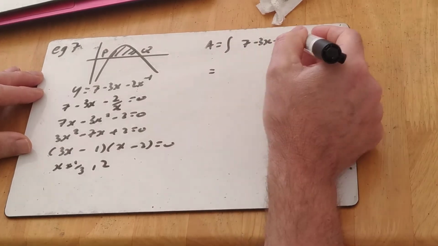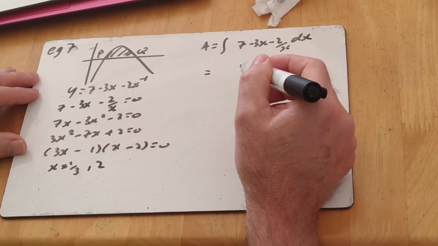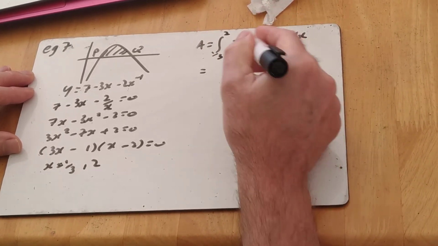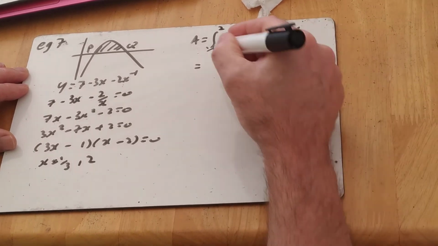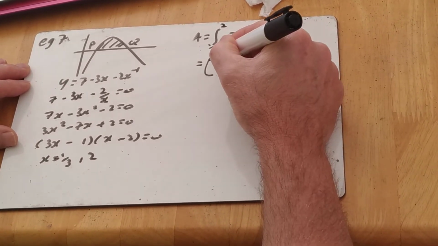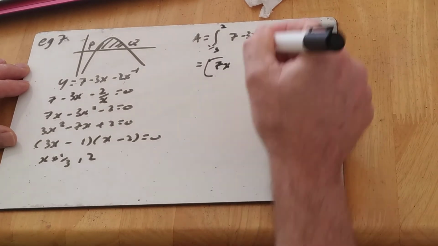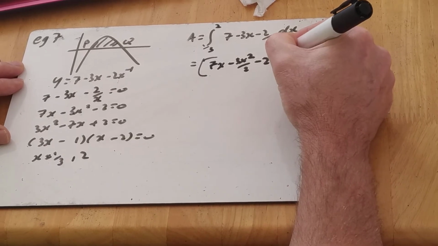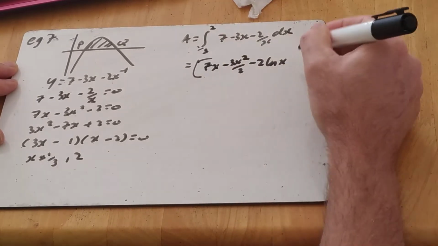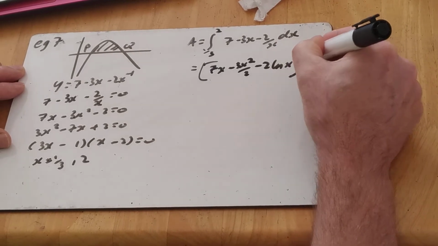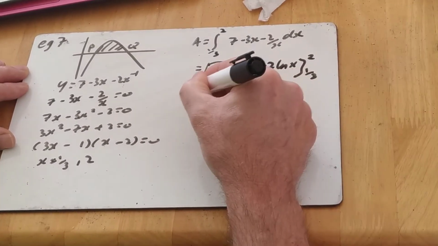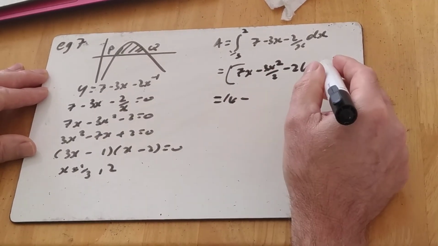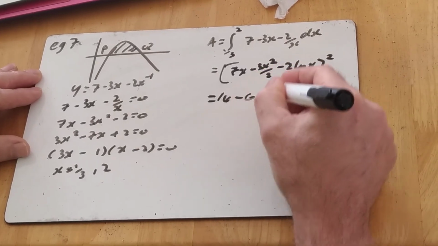So my area is the integral, because it's all above the x-axis anyway, between the lower limit of a third and the upper limit of 2 of y dx. So I can integrate term by term, just as I was doing in year 12. Integral of 7 is 7x, minus 3x squared over 2, and now minus 2 ln x, I can just write x because I'm putting positive values of x in. 2 and 1/3. So sticking 2 in, 14, minus 3 times 4, 12 over 2, 6, minus 2